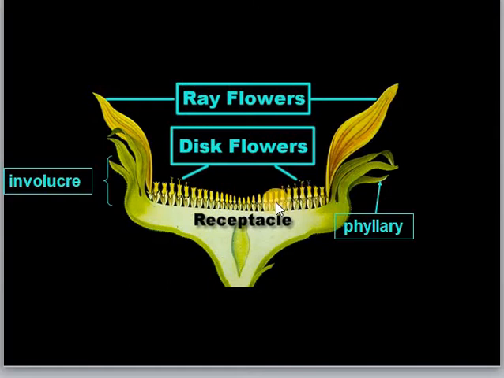And if you see a sunflower, just imagine a sunflower. On the periphery of the flower, you can see large petal or sepal-like zones. And inner, you can see only pollen grains, such structures. So these are all not petals. These are different types of flowers, and these flowers are called florets.